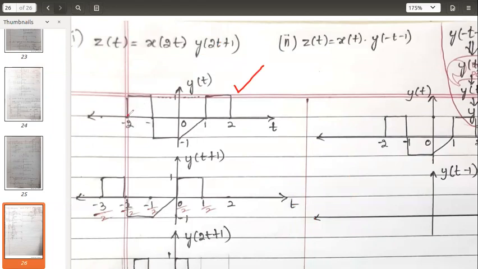Check the range. It is between minus 2 and plus 2. Shifting is plus 1, that is, shifting is towards the left side by 1 amount. So let's start. I will start with this end only. If I shift this here, it will be at -3. So at -3, actually between -2 and -1, you have this pulse. Okay, this shape pulse is there.